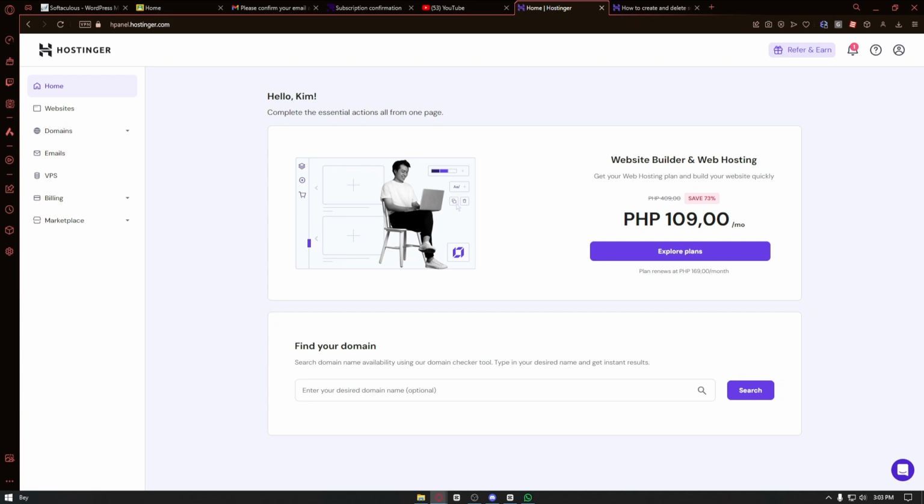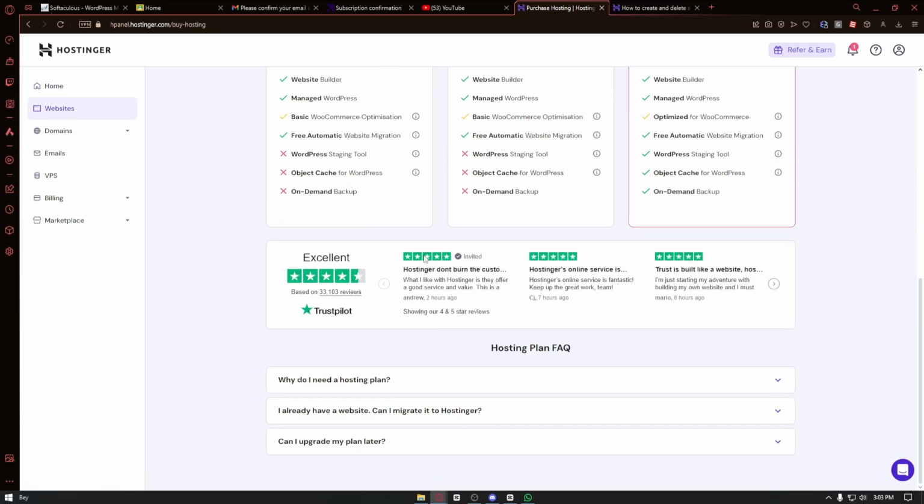Now I am inside the dashboard of my Hostinger right here, and the way that you can go ahead and delete subdomains in Hostinger is by first selecting your website. So basically, all you have to do is click on websites right here, go ahead and select the website that you want to delete this subdomain of, and right after that you can just go ahead and click on